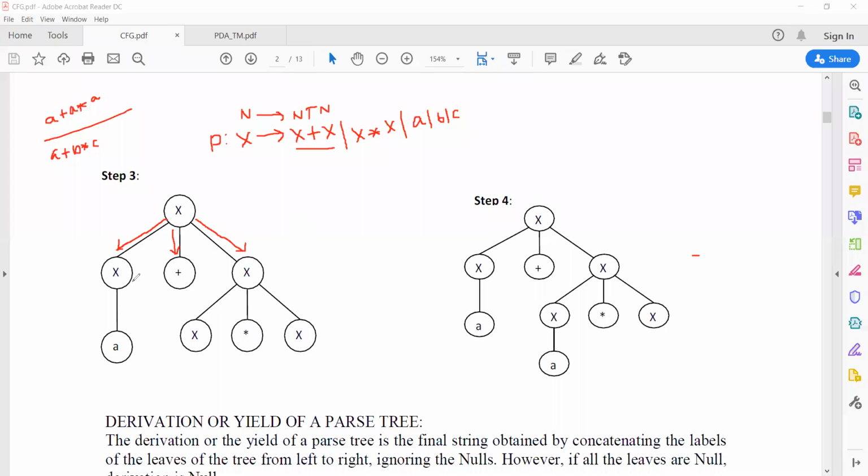If I want a plus a, the plus symbol is the first one. So that's why I am making the right hand side derivation, because the next one is a star.